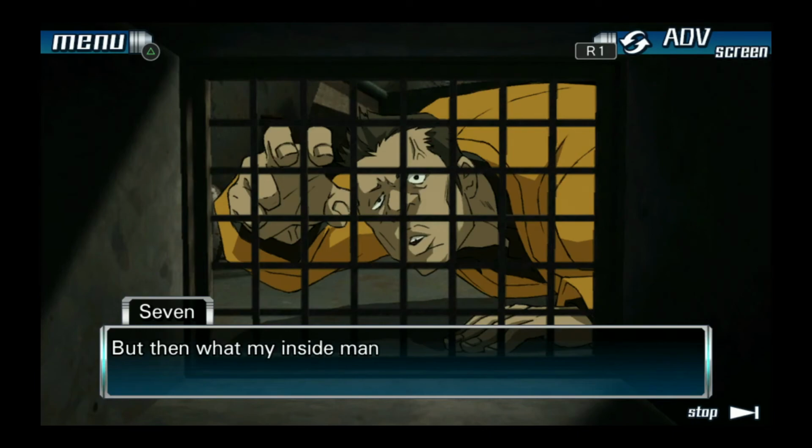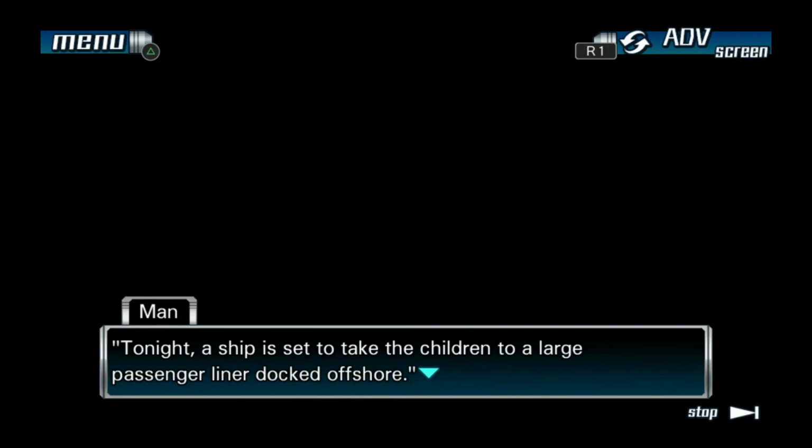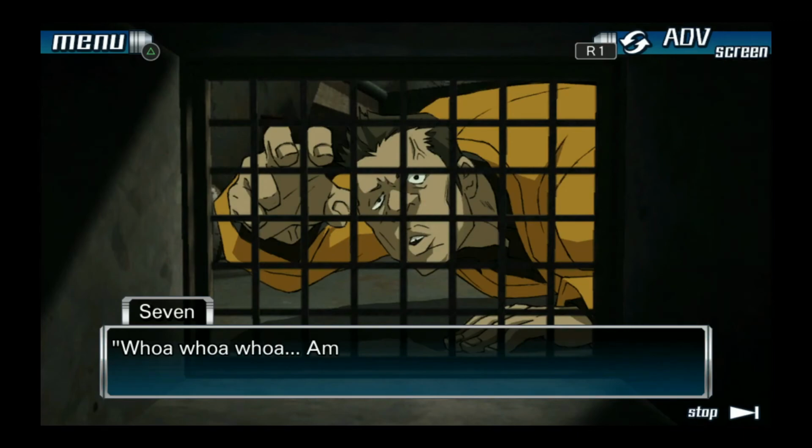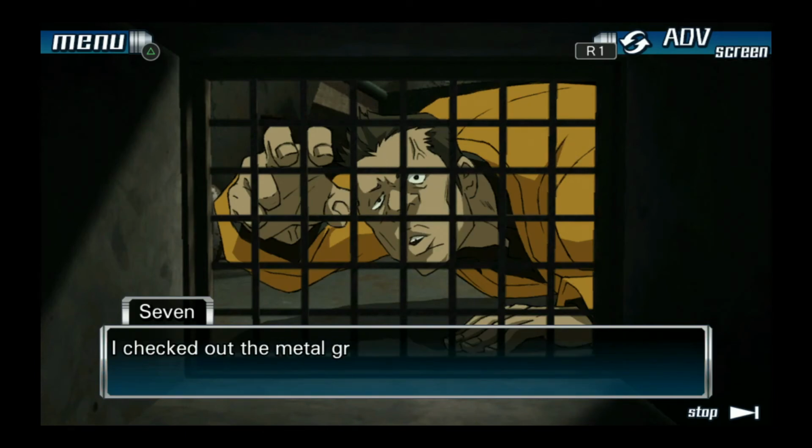But then what my inside man told me popped into my head. Tonight, a ship is set to take the children to a large passenger liner docked offshore. Whoa, whoa, whoa. Am I on that ship? It didn't matter. All I knew was I had to get to those kids. I checked out the metal grate. Could I fit? I stuck my fingers in and grabbed it. And then...